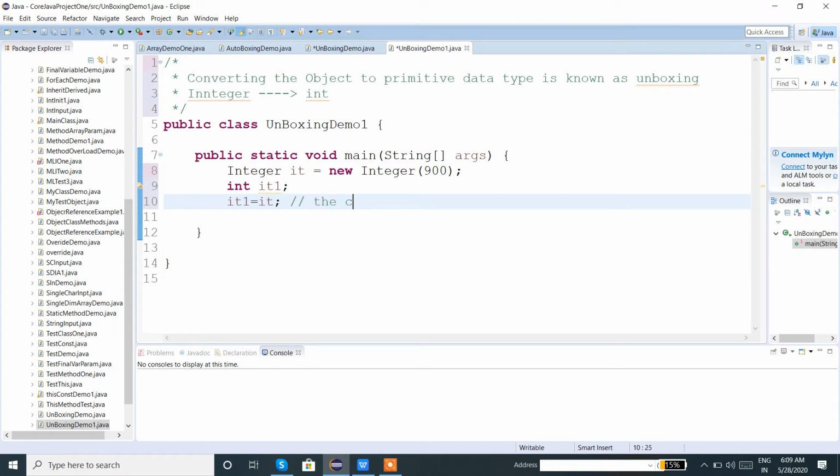So the content of the object will get stored in the primitive data type.